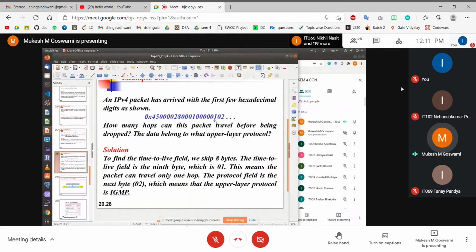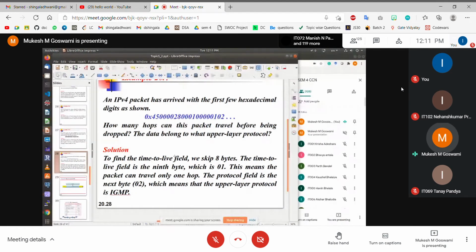The packet actually contains IGMP data. It is an IP version 4 packet. The header length is 20 bytes. The total length is 40 bytes. Data length is 20 bytes. And this is the first packet and the first fragment, right? That is, it may not be fragmented. It's a single packet. So therefore, it is the first fragment with 0 offset, right? So that is the information that we can extract from the IP version 4 packet.